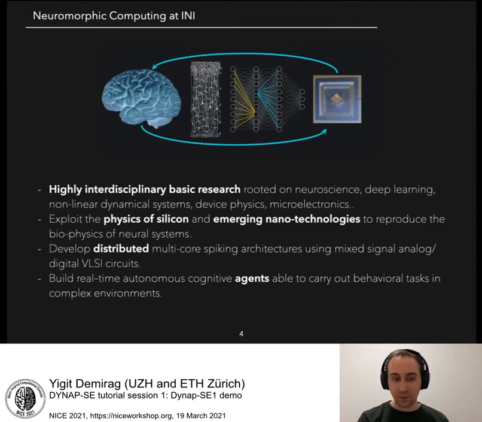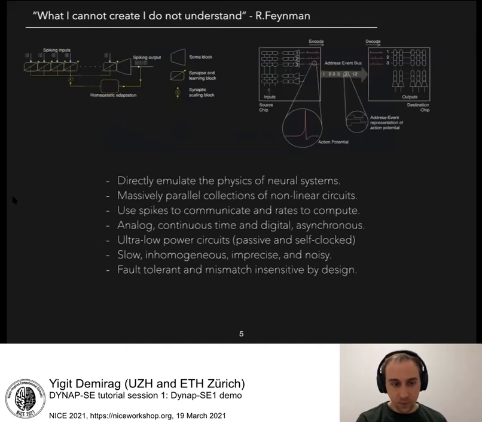The systems we develop at INI, including DYNAP-se 1, are actually prototypes, but they are designed for really low power computing of neural network models at distributed scale. And usually what we do is we really try to test our systems, networks and devices in real-time complex behavioral tasks using robotic units and simulators. So we follow the approach of understanding by building. This is very similar to synthetic biology, in fact.